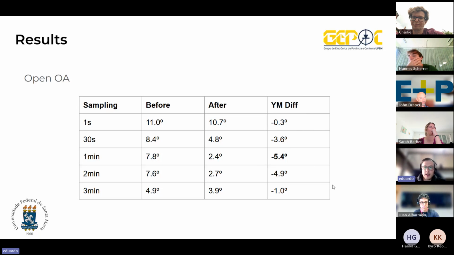We just ran the OpenOA, and we got this result for these different data sets. I am not sure if the explanation of this good result is only because of the data sampling of 1 minute. But anyway, those were the results we got for the OpenOA.